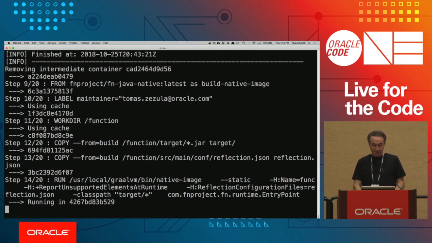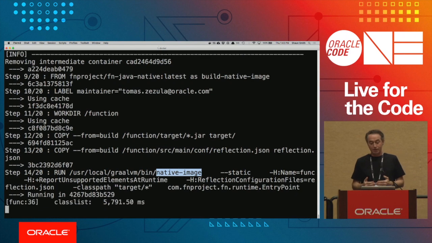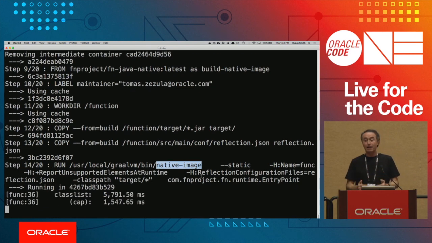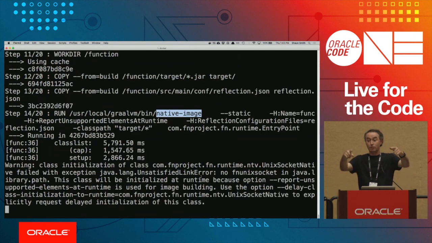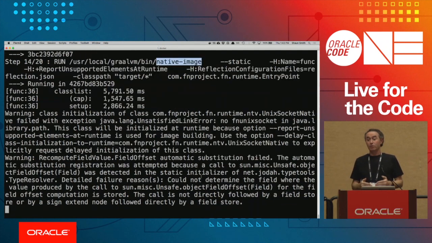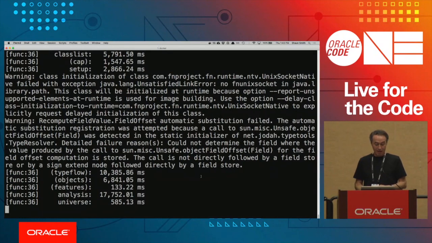native image. Now this takes a bit longer. So you're paying up front, right? You're paying for the compile up front. What Graal's doing here is walking through your Java application from the entry point, doing the transitive closure, finding all the classes you need. It can't find things that you're loading reflectively. And so in our case, since we have reflectively invoked the function entry point, we actually have to tell Graal, hey, that's the code you need to keep. That entry point is necessary. But it's going through here, analyzing everything and compiling.